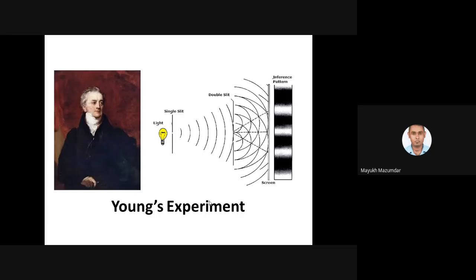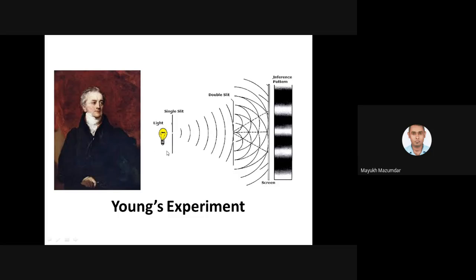Fine. So now this is the main topic. This guy is Thomas Young, and his experiment I discussed in the first class also, that many science historians and physicists say that this is one of the top 10 experiments ever done by humankind. Okay, humankind's top 10 experiments, one of them is Young's experiment.